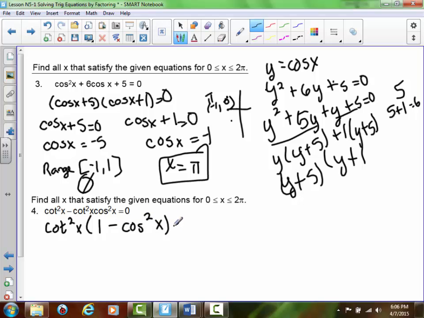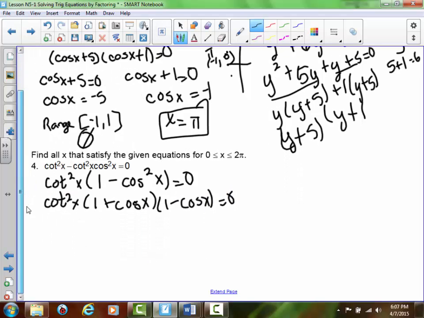And so that will further factor to cotangent squared x times 1 plus cosine x times 1 minus cosine x